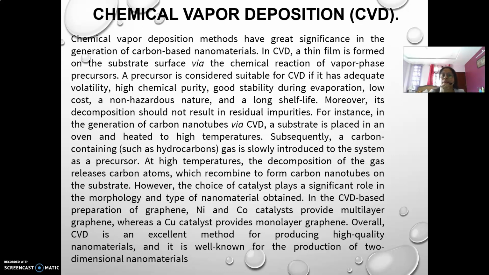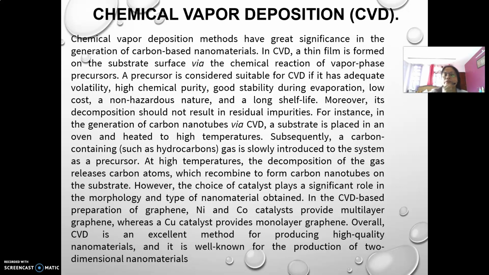If we take precursors A and B, then we expect some chemical reaction between A and B in the vapor phase, resulting in the formation of another product C, which will again be in the vapor phase, and ultimately it will be allowed to deposit on